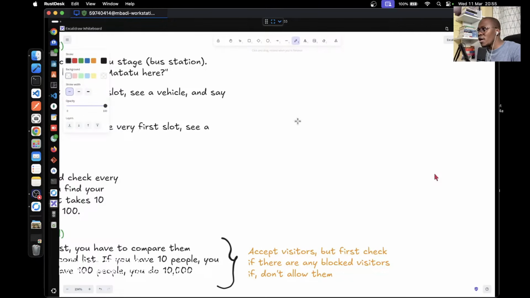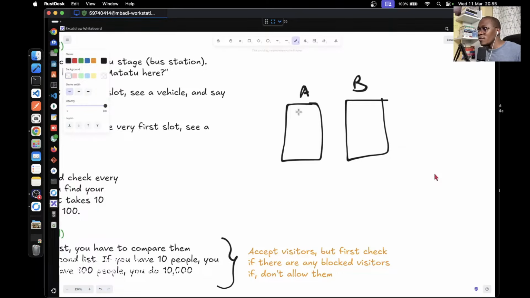So let's use, where is that thing? This one. So you have a list. Okay, you've gone to a nightclub or a night party, a birthday party at somebody's home. Okay, and since you do not contribute enough money to eat, they give you some work so that you can eat. So they give you 2 lists. They give you list A and they give you list B. Okay, and then they tell you this list A contains all the visitors who were invited, or all the people who applied to come to this party. So these people will come, but you check, you say, you applied to come to this party, but are you allowed in?